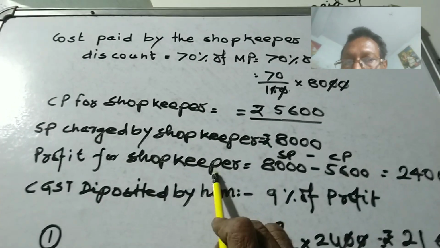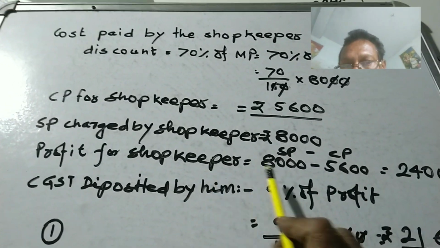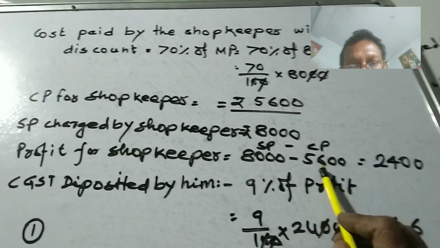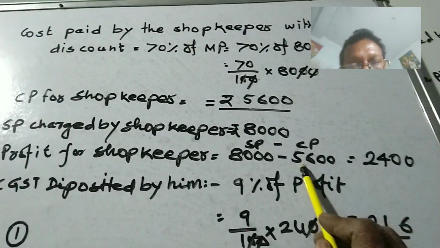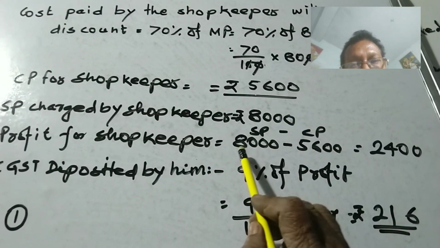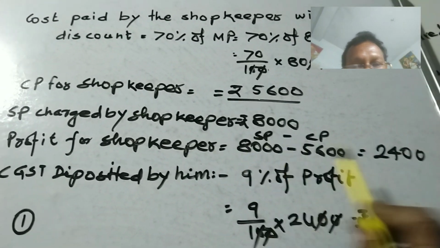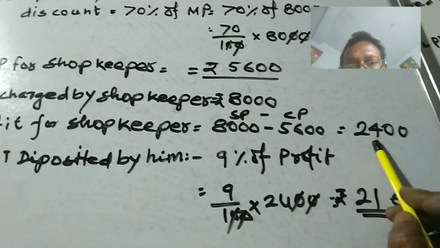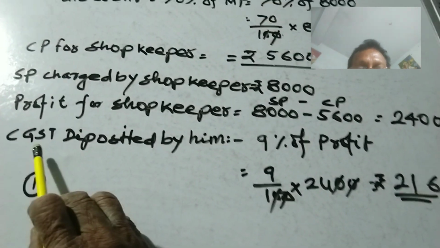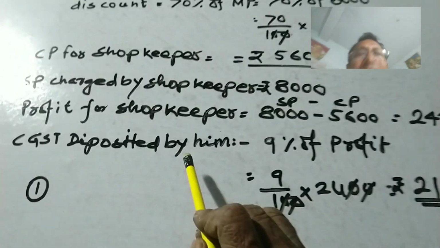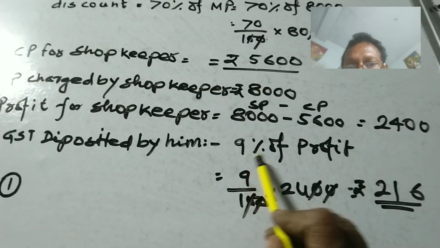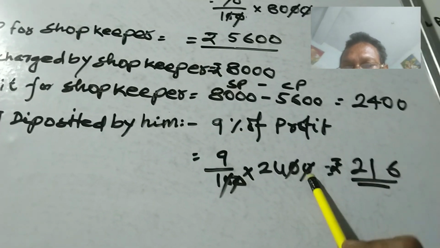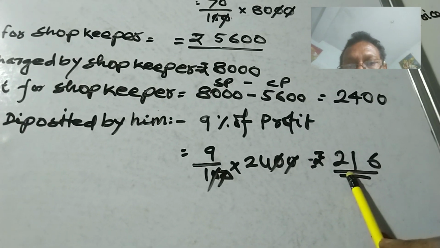and profit for the shopkeeper. SP he charged 8,000, but actually he purchased it for 5,600. So the profit is rupees 8,000 minus 5,600, that is 2,400. So CGST deposited by the shopkeeper is equal to 9% of the profit. So 9 by 100 into 2,400, it is rupees